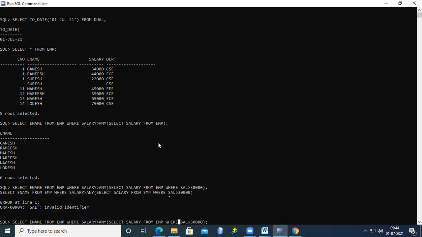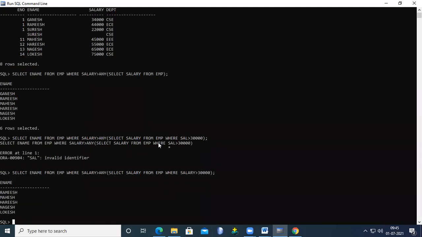Observe here: by using any, we can perform the comparison. In this manner, or we directly give this: select salary from emp where